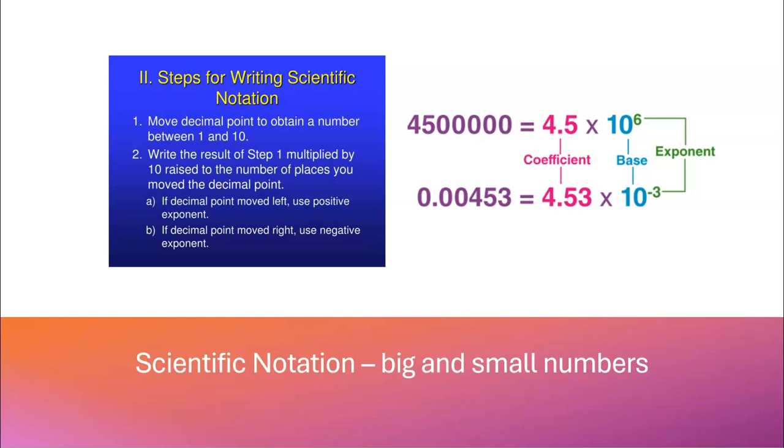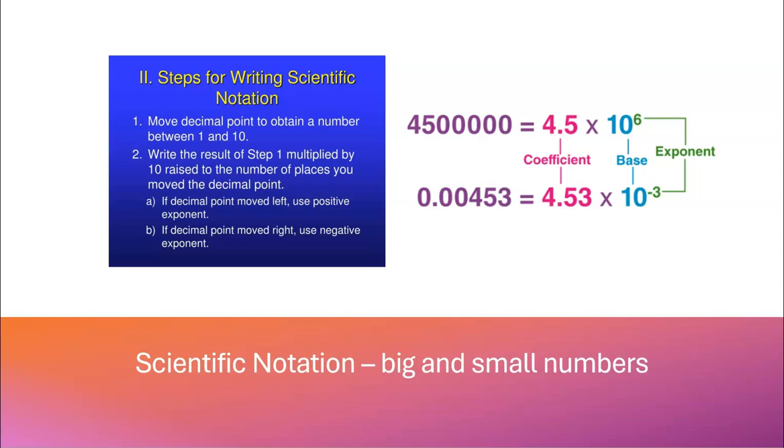So here I have 4,500,000, which is a really big number, and I have a decimal of 0.00453. And we can take really big numbers and really small numbers and write them in scientific notation. This will become important later this term when we're working with very big and small numbers with things like Avogadro's number, acids and bases. So the way that you do this is you look at the non-zero numbers, the ones